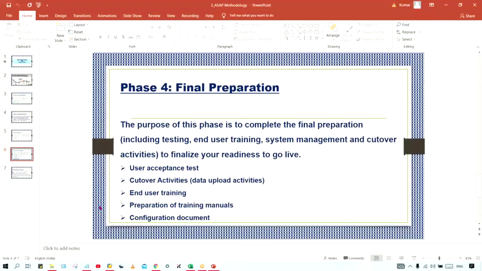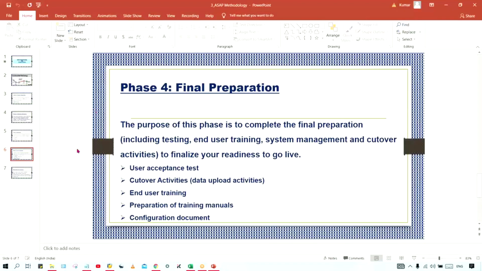Final preparation means everything is ready, and you just need to give a final touch, right? The building construction is completed, and the final touch means you have to do the painting and the decorations, right, is required.